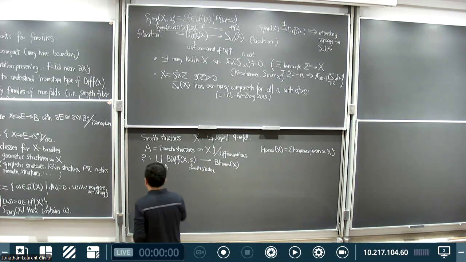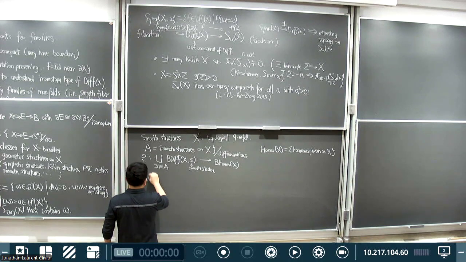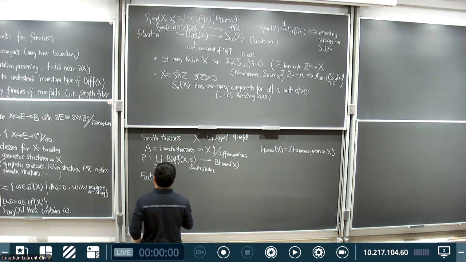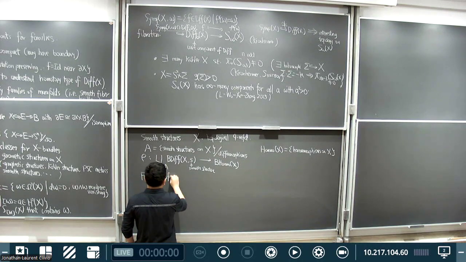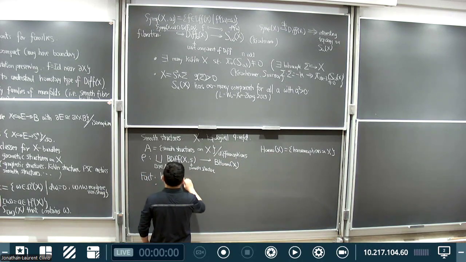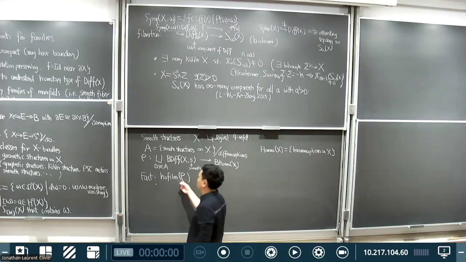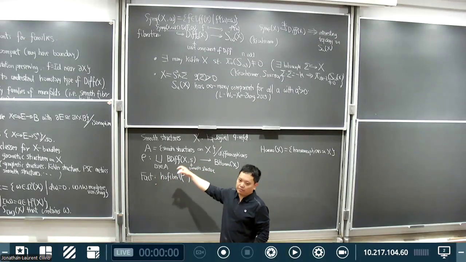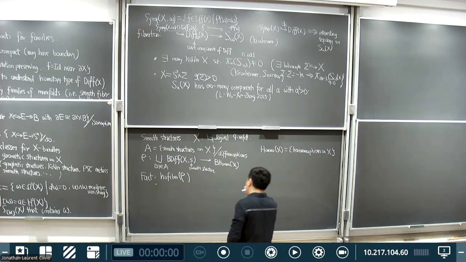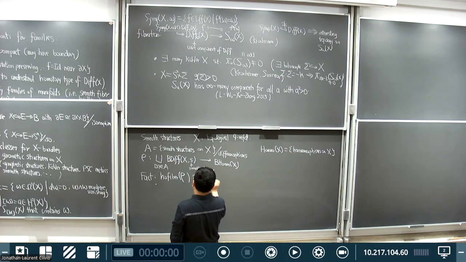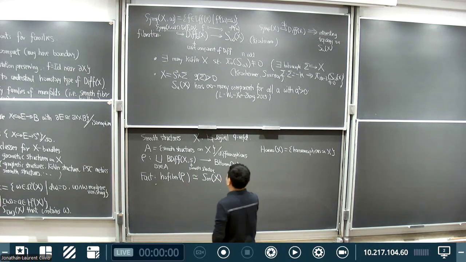It turns out the following fact, which is not so hard to prove, but I will just state it as a fact. The homotopy fiber of this rho, for any continuous map you can turn it into a fibration and take the fiber,